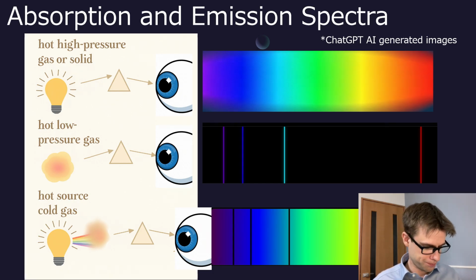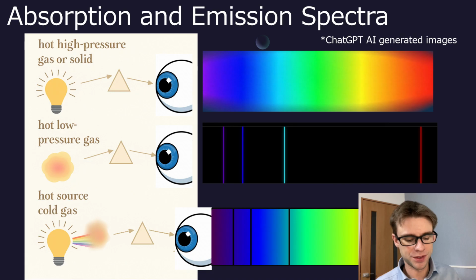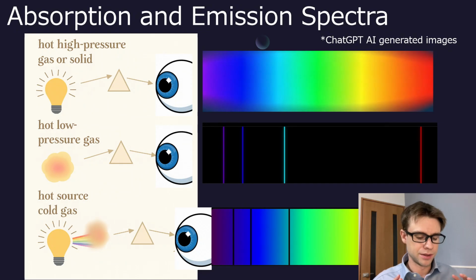However, if you sort of release the pressure of that gas, but keep it hot, and then you spread out the light, you won't get a continuous spectrum anymore. You'll get specific lines at specific wavelengths, and the other regions remain dark. So, what's the difference here? Well, hot, low-pressure gas, I think these single lines that we see come directly as a result of electrons transitioning between different levels in the atom. Whereas hot, high-pressure gas or solid,